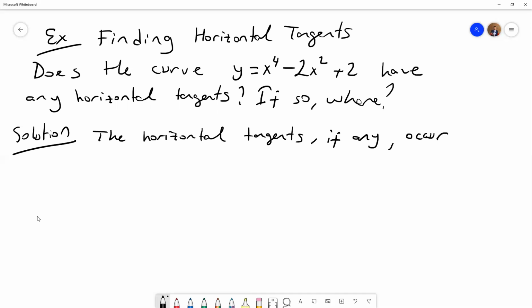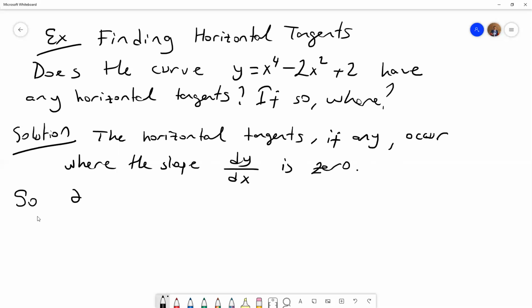occur where the slope is 0. We can find the slope by the derivative of the y function, dy over dx. If we find the derivative and set it equal to 0, we find the solution: the slope is 0 and the horizontal tangents occur there. So dy over dx is equal to, from here,